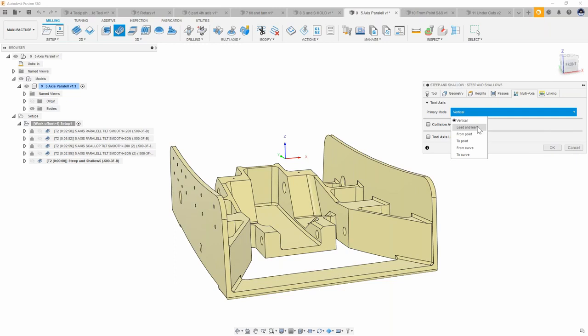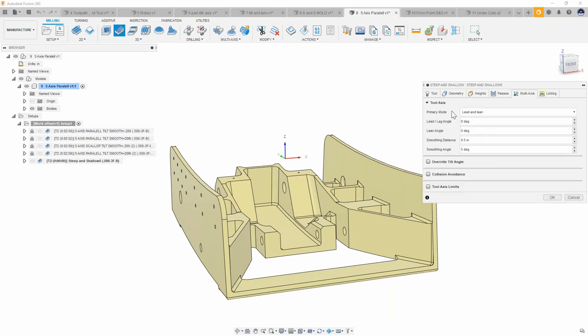Now, lead and lean is based off of your surface normal. When we turn this on, it is going to make a 5-axis path. We can choose the lead or the lag, or the lean, which is the side of the tool, and then again how that's smoothed over the part. So we can look at the surface normal of something and really tell it the direction we want it to face. And then we could also have it